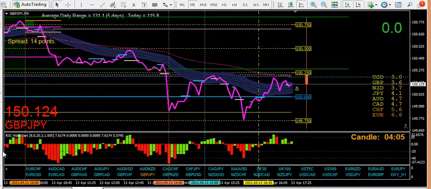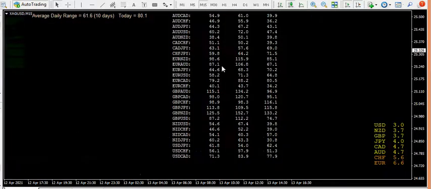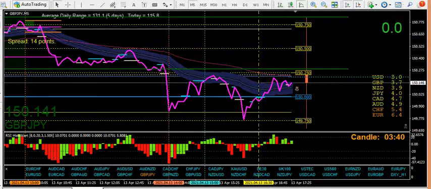So basically, first port of call is the average daily range chart, as it were. And there is a video about this if you want to look it up. Just search the YouTube channel ADR and you'll find one on how to set this up and the indicator you need, which will be on Forex Factory. And then back to